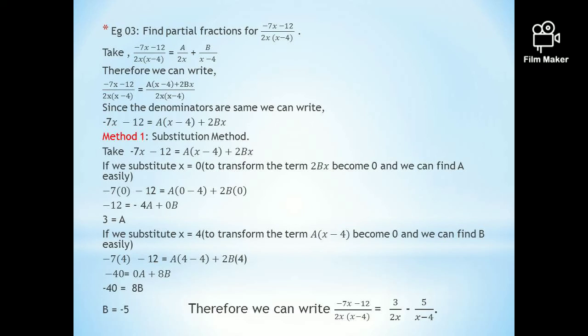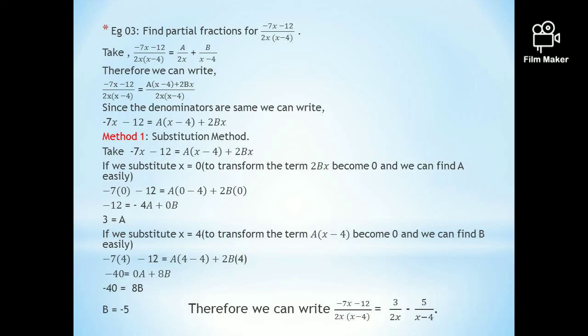Then if you want to remove a from this expression, I want to make my x - 4 term into 0. With that you can substitute x equals 4. What you get here is -7 into 4 - 12 equals a times (4 - 4) plus 2b times 4. That means the 4 is substituted into the equation -7x - 12 equals a times (x - 4) plus 2bx. With that you obtain the answer 8b equals -40, b equals -5. Therefore you can write the fraction